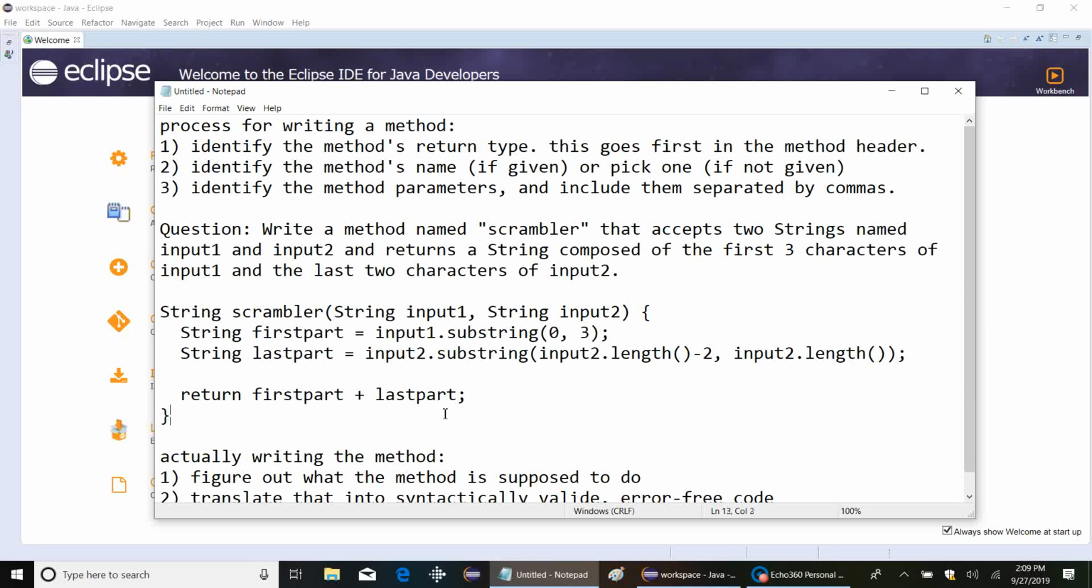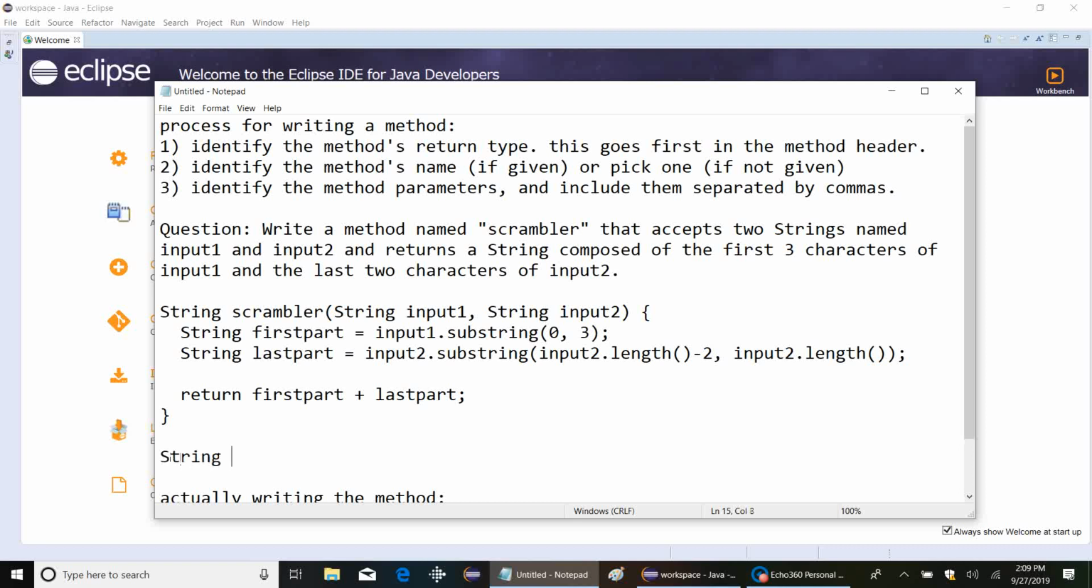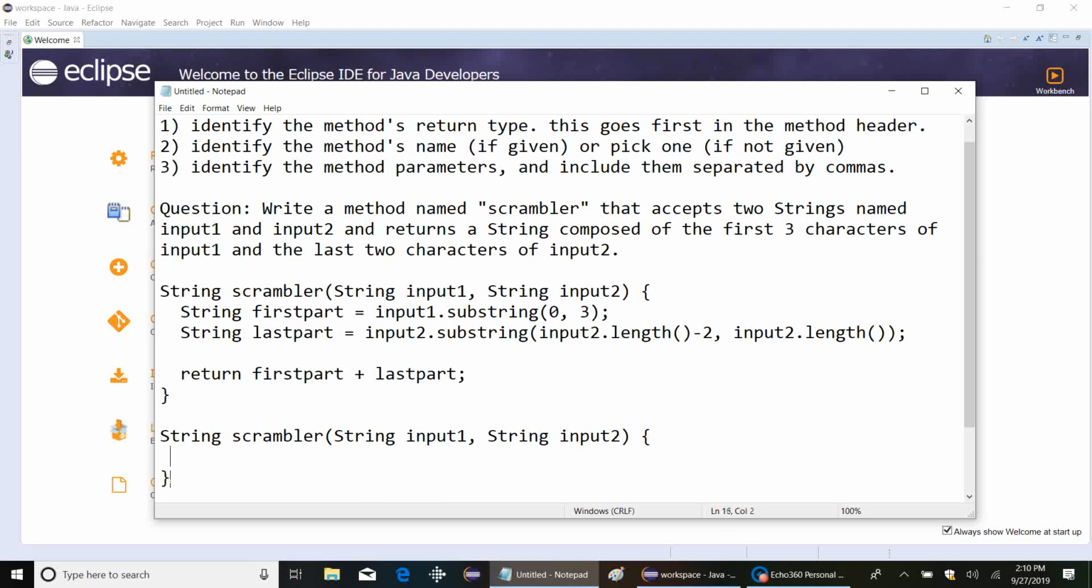Alternatively, right, we could do it another way. We could do it string scrambler, again, same thing, string input 1, comma, string input 2. We could do it all with characters, char at. So we could do string output, let's call it, equals, and we have to start with an empty string, because concatenation, right? We'll talk about that in a minute, plus input 1 dot char at 0 plus input 1 dot char at 1